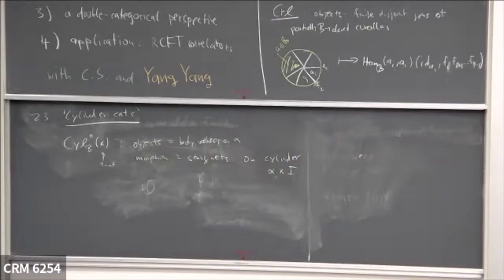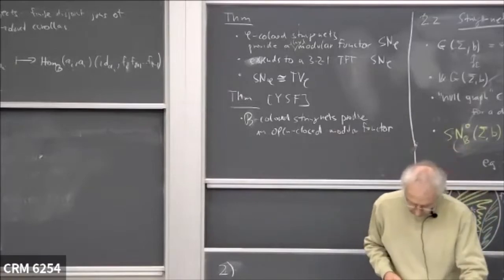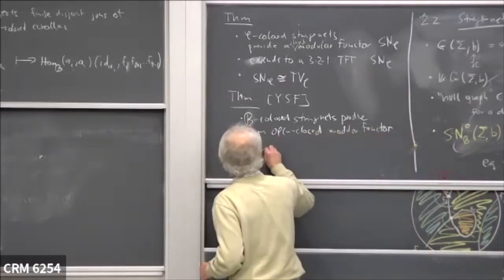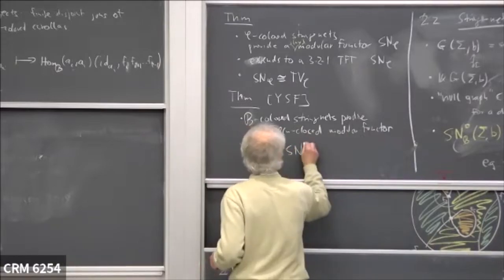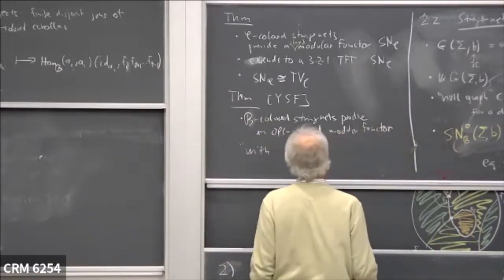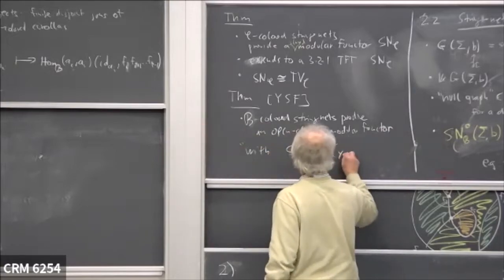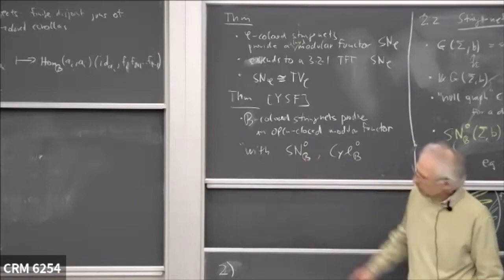So this is the morphism between given boundary values. And now I can have a first version of the theorem that we can show: if I look at B, where B is a bicategory of the type I described, string nets, colored string nets provide an open-closed modular functor where, let me just write it, where these string net spaces and the corresponding cylinder categories. So this would be one version of